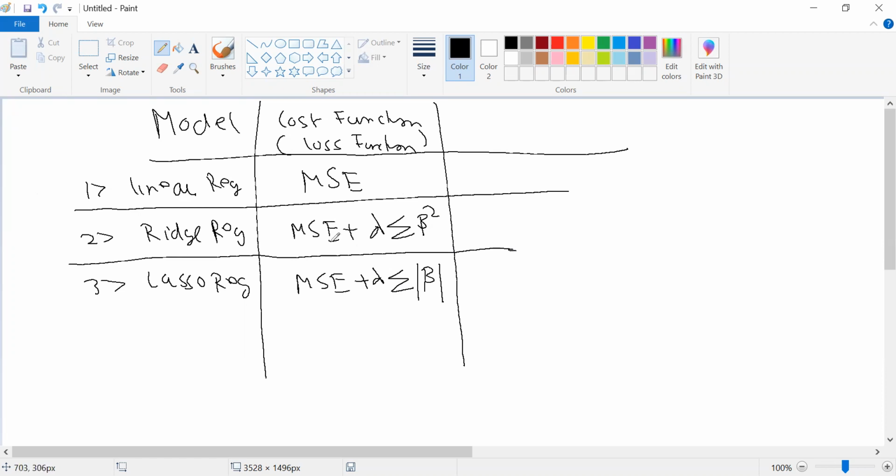अच्छा, remember when we were doing linear regression, मैंने क्वेश्चन पूछा था, why do we only take square? Positive and negative. हाँ, and उसके बाद मैंने बोला why only square, why not power 4, why not power 6? याद आ रहा है? आज वो क्वेश्चन आंसर हो जाएगा कि सिर्फ स्क्वायर ही क्यों लेते हैं, पावर 4 क्यों नहीं, पावर 6 क्यों नहीं, पावर 8 क्यों नहीं. अभी के लिए सिर्फ इतना नोट डाउन करो. In linear regression your cost function is MSE. In ridge regression, your cost function is MSE plus lambda summation beta square. In Lasso regression, it is MSE plus lambda summation mod beta.